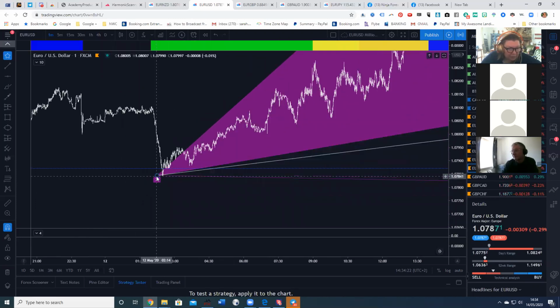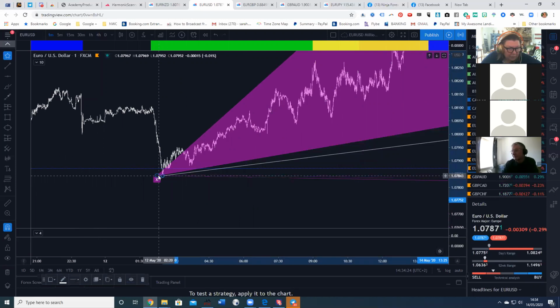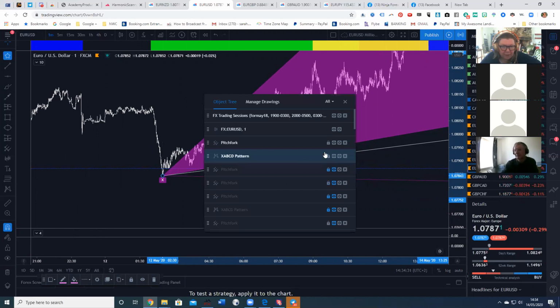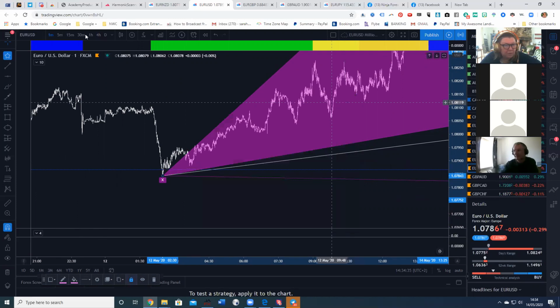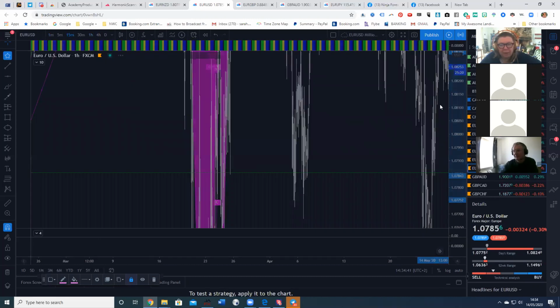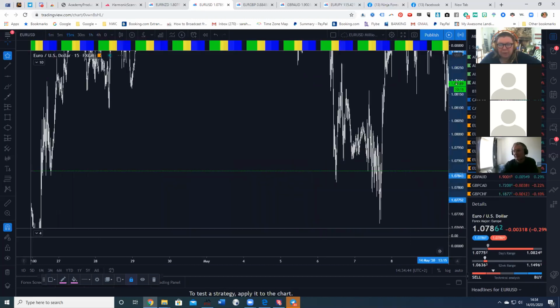Oh, that one's off. There we are. So just drag that on using your magnet, and you're good to go. So I come back to the object box, and then I like to lock it on. I've had that happen when I first started. I kept moving the lines by mistake. So let's look at it on the 15-minute,